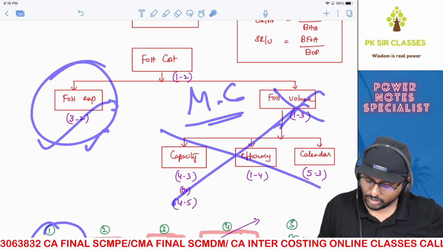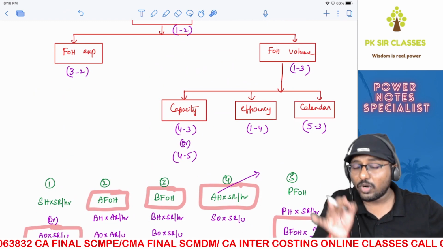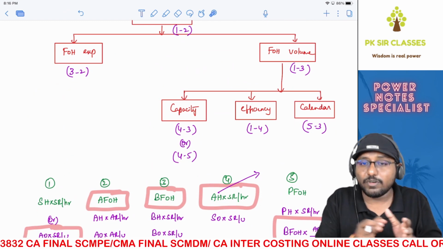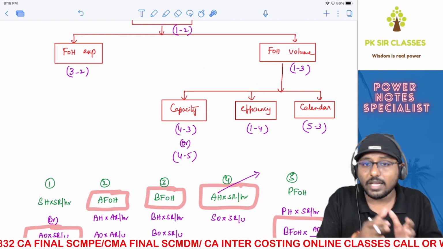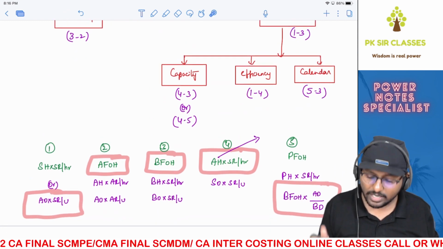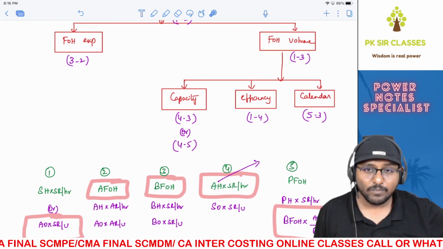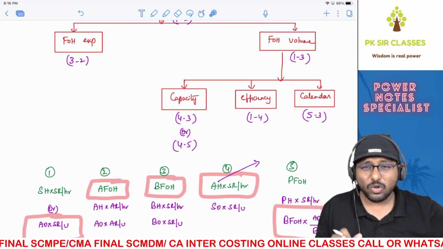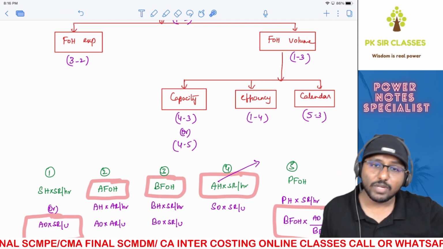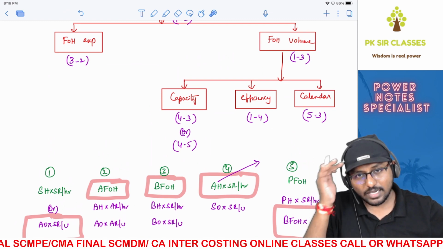Only as per absorption costing, you'll get everything. This is very important when you do reconciliation of budget profit with actual profit as per marginal costing and absorption costing. Are you able to understand? Keep this in your mind. Very, very, very important concept. You got this? The notes about all these things I'll give you when I go to the reconciliation part. Right now, just understand the concept.